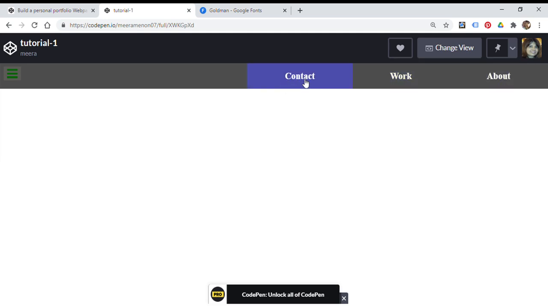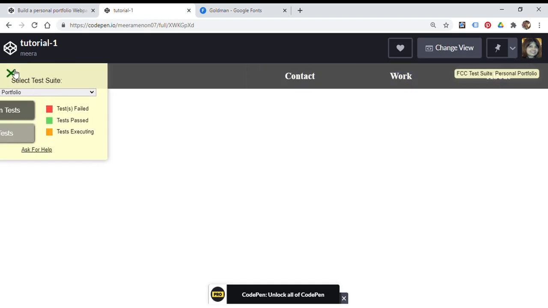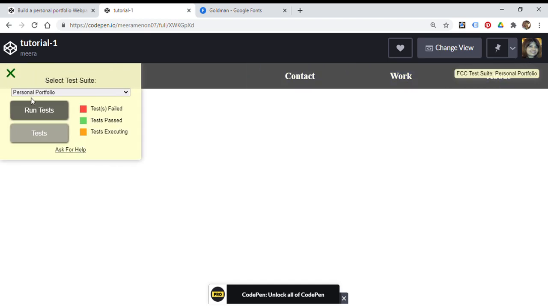Even if you click, you can't migrate to the section because you haven't constructed it yet, but it's clickable, as you can see. And if you check the test results under personal portfolio and run the tests, there you go. You've already passed 3 tests. That's great.